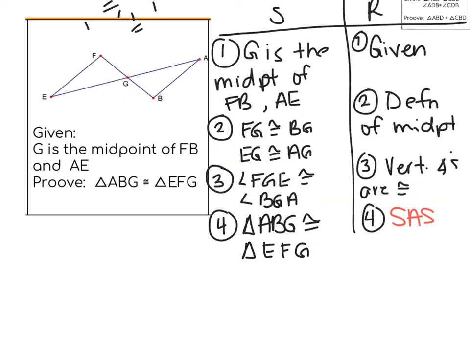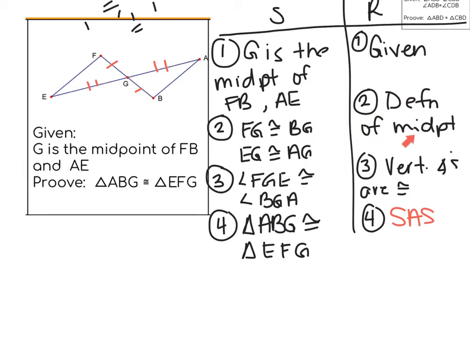So the second proof, we're given that G is the midpoint of FB and AE. So that tells us that EG is congruent to AG, and then FG is congruent to BG. So we have to prove that triangle ABG is congruent to EFG. So we're going to write down our given, that G is the midpoint of FB and AE, that's given. So that leads us to the next, which is FG and GB are congruent, and EG and AG, and that's